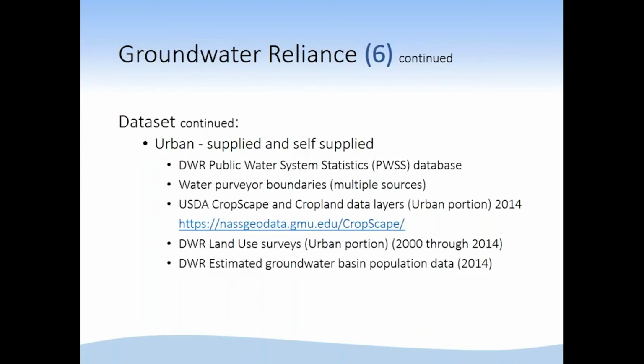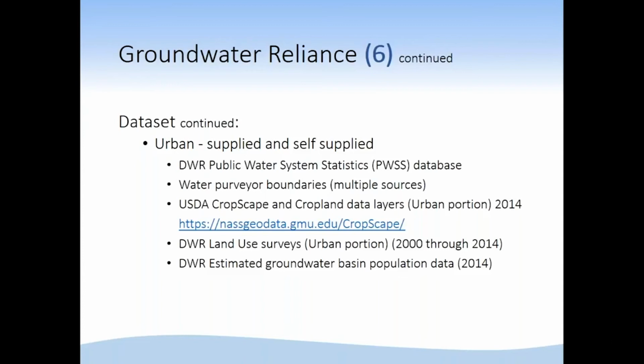Then we created an urban layer that was a little bit more detailed than what you're going to find in your traditional urban layers that you can download from various sources. We started with DWR land use surveys because they're highly detailed with respect to where urban is located, so we used any surveys that were done between 2000 and 2014 that mapped out urban layers.